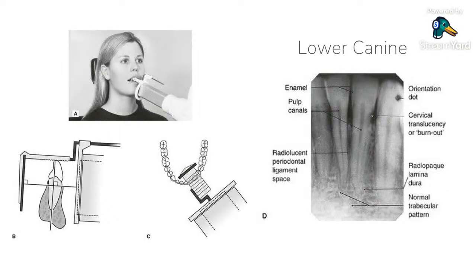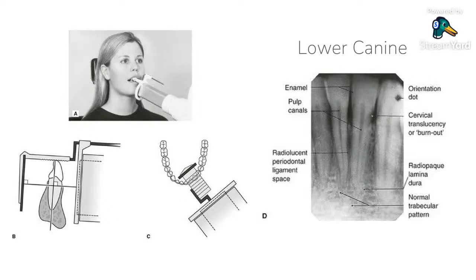You just simply take the cone indicator, the sensor holder, for the mandible. Okay, and then you put the sensor in it, you place it where you want to take the x-ray. Okay, and then you ask the patient to bite on the bite block. When the patient bites on the bite block, it basically stabilizes the cone indicator, and when you're adjusting the ring locator, the patient is not moving from the position that you are satisfied with